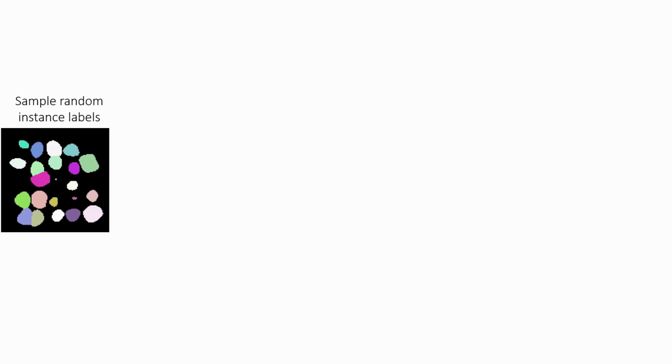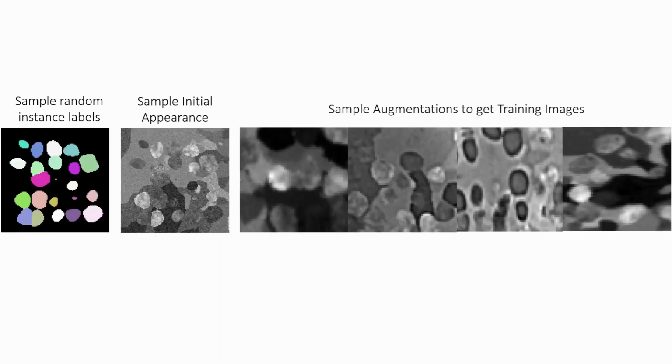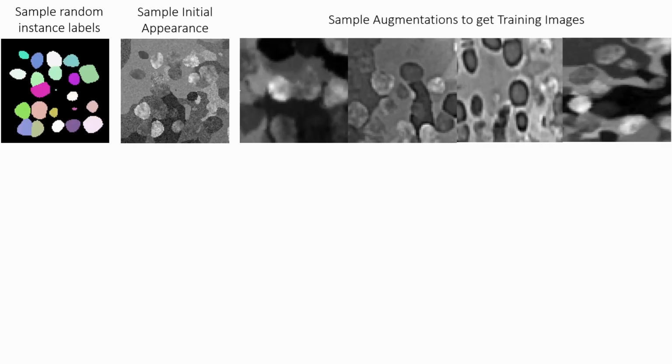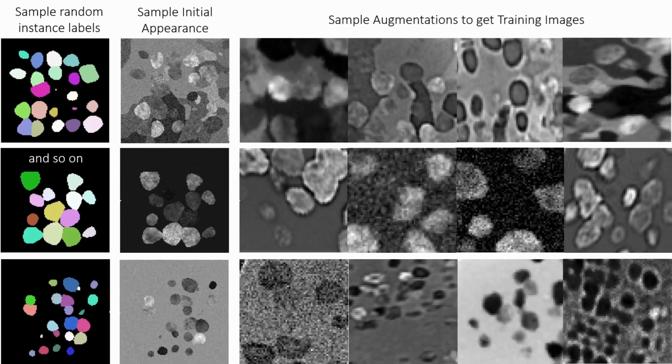At a high level, we first sample a variable number of instance labels with blob-like shapes. We then assign each blob a Gaussian with randomly sampled moments and sample from an overall Gaussian mixture model to generate the foreground. We then multiply it with Perlin noise to simulate spatial texture. We will describe the background later in this talk. Once sampled, we then use an extensive geometric and intensity-based augmentation pipeline to generate wildly variable appearances and geometries. And we repeat this process at random for each training sample to generate images reminiscent of various forms of microscopy and radiology applications.